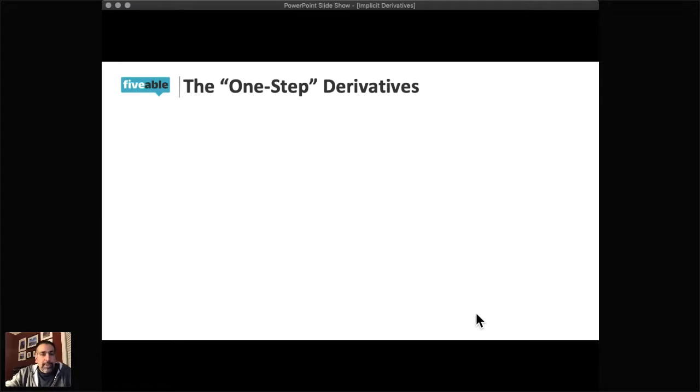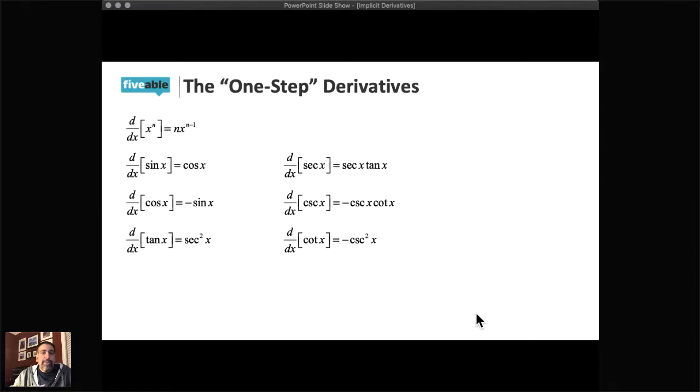So I usually break them up into a couple of different groups. The first one is the derivative of x raised to a number, and we all know that the derivative of x to the n is n x to the n minus 1. That's the first one. The next 6 I like to group together are all the 6 trigonometric derivatives. So again, you need to be familiar with the derivative of sine, cosine, tangent, secant, cosecant, and cotangent. And if you know those quickly, that's going to certainly make your life a lot easier as we start looking